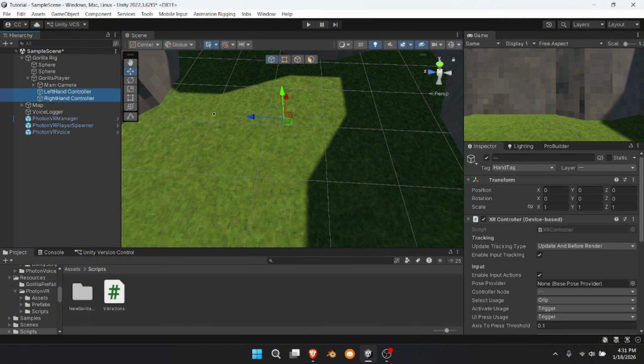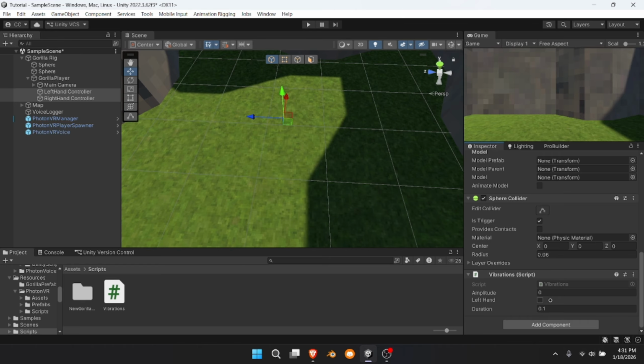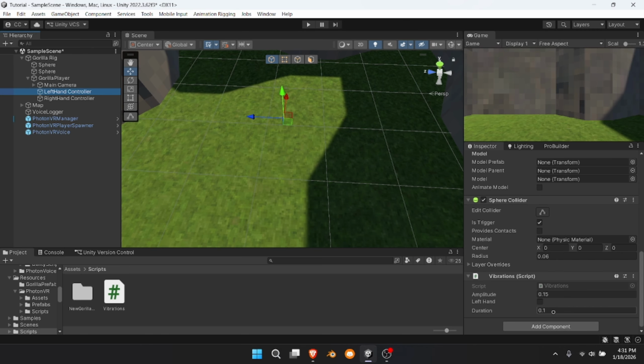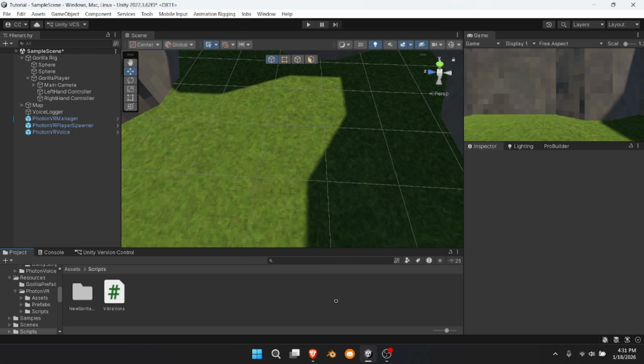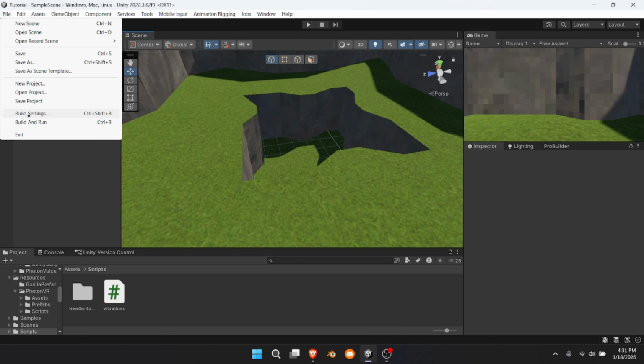Go on your left hand controller and your right hand controller and add the vibration scripts to them. Change the amplitude to 0.15 or 0.30 if you want more. And on left hand controller, just select left hand. So now that you've done that,